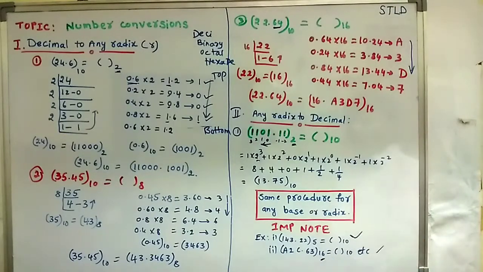This is one of the important topics. We will see the remaining conversions, that is octal to binary, binary to octal, hexadecimal to binary, binary to hexadecimal, or octal to hexadecimal, hexadecimal to octal, in the next class. Try to solve more problems, you can get very good clarification. Thank you.